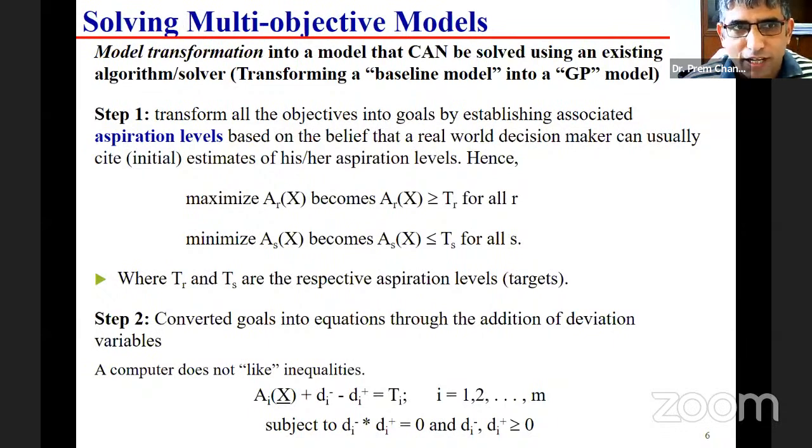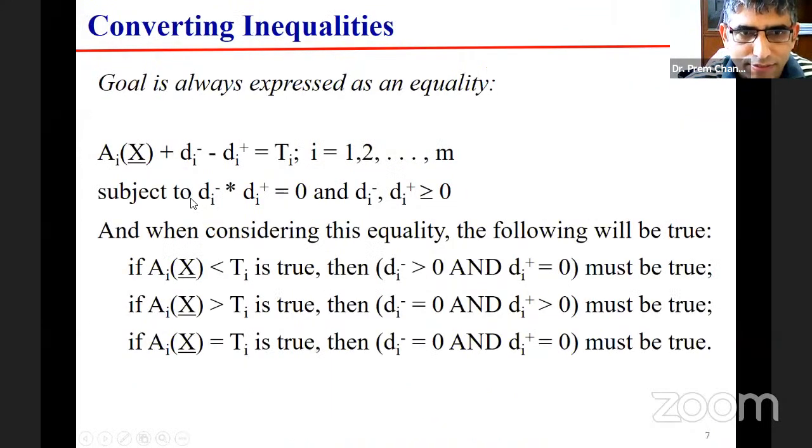What we do in solving the goal programming problem, step by step, I will try to explain. First, we transform the objectives into goals. And I said, we associate some target with our objective function. So our objective function was maximizing,